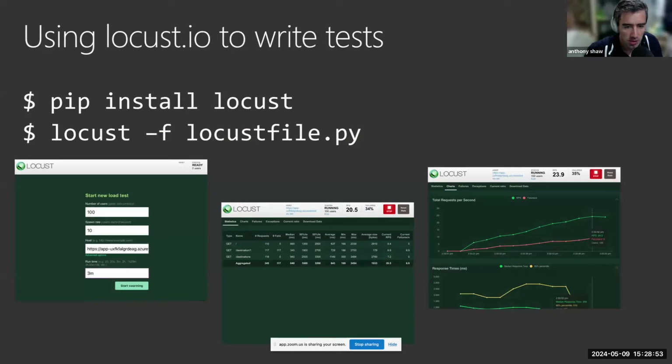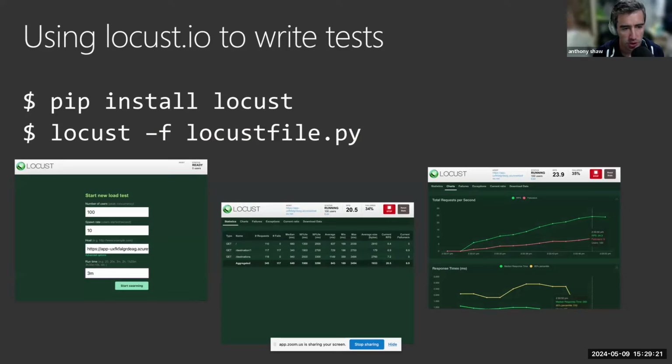There's a tool that I recommend you start off with to do your first load testing, and I will give you a demo of this in a minute. This is called Locust. It's a free and open source tool. It's written in Python, and you write your load tests in Python. So you can install Locust manually on your local environment. You can also run it in a server in the cloud if you want.